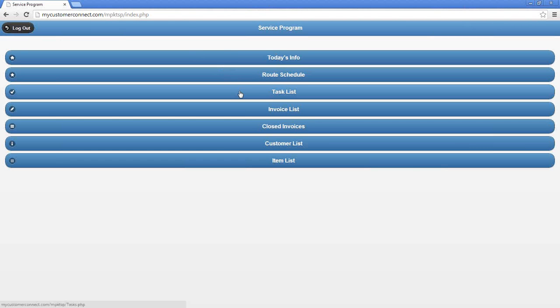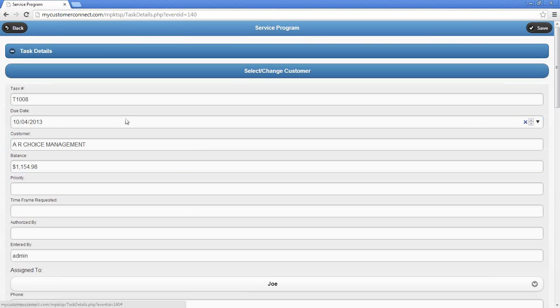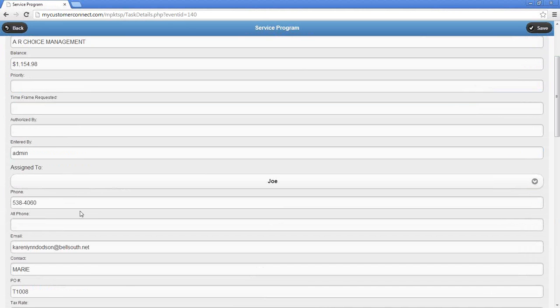Now, if I right away, without doing anything on my mobile device, go to my task list, I see the task right away. The guy doesn't have to hit a button or do anything. It's there. We tap on the task, open it up. All the customer information is on there. It's assigned to Joe,